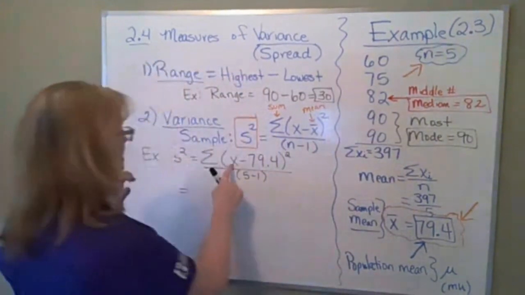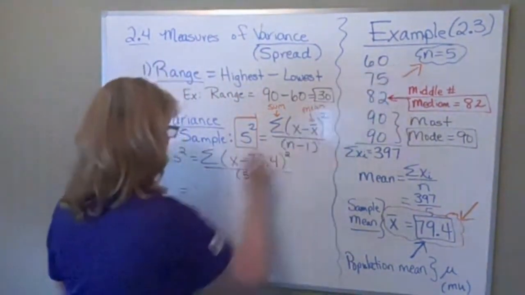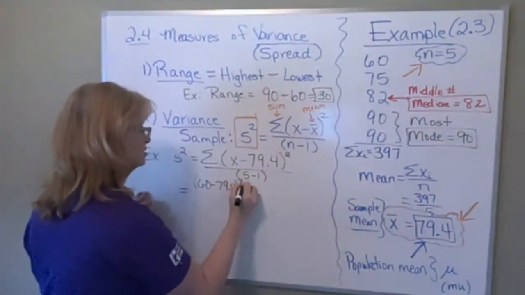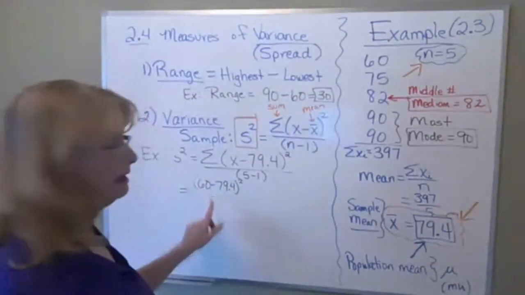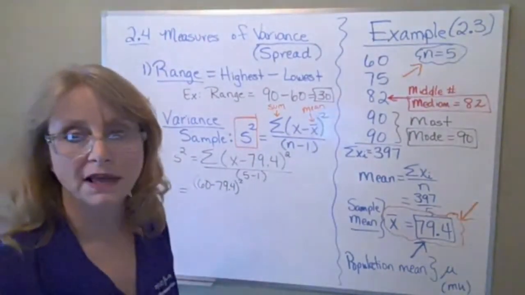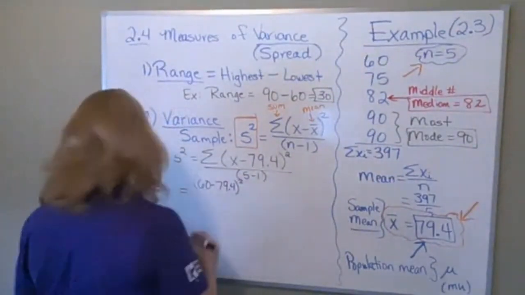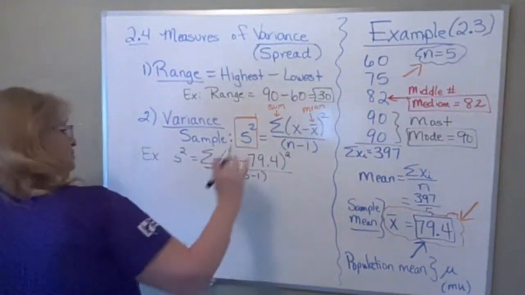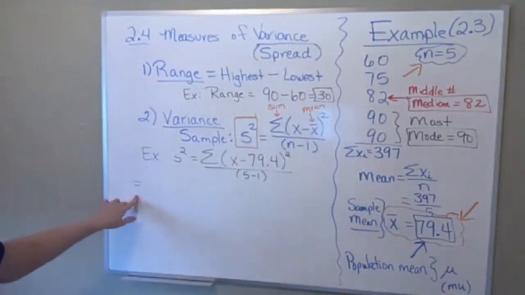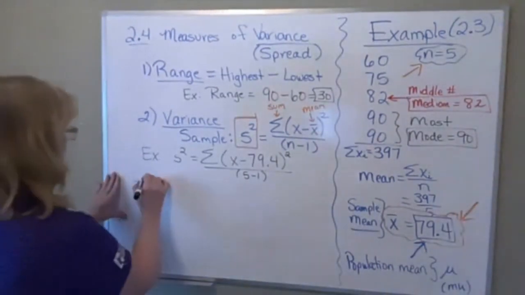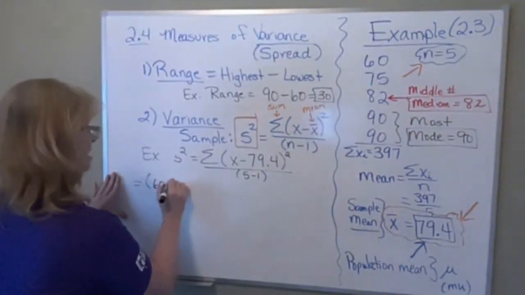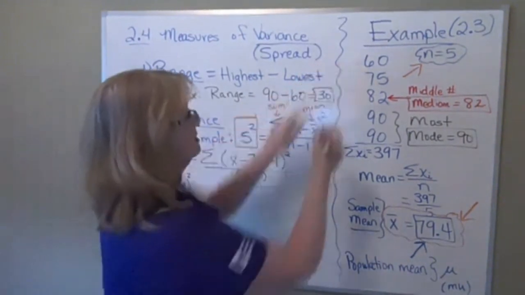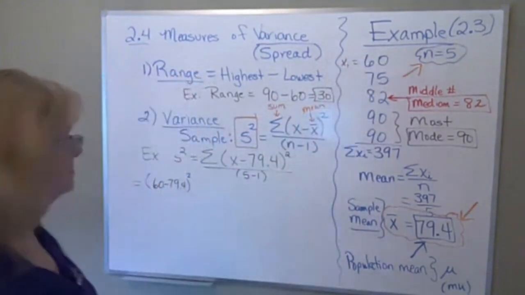Okay? So we're going to take each data value. The first data value is 60. We're going to do 60 minus 79.4, and square it. As we do this, you're going to realize that this looks a lot like some of the skills review problems that we did at the beginning. I'm going to have to scoot more to the left here, because I have to do this for all 5 data values. The first one, remember, was 60 minus 79.4 squared. That's my x1, which was 60.